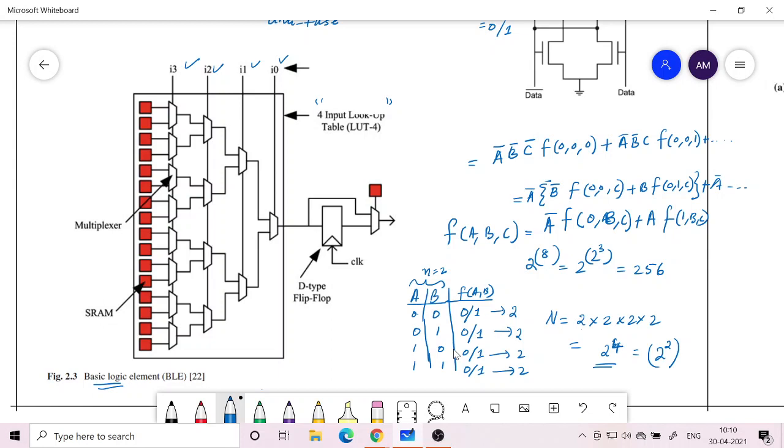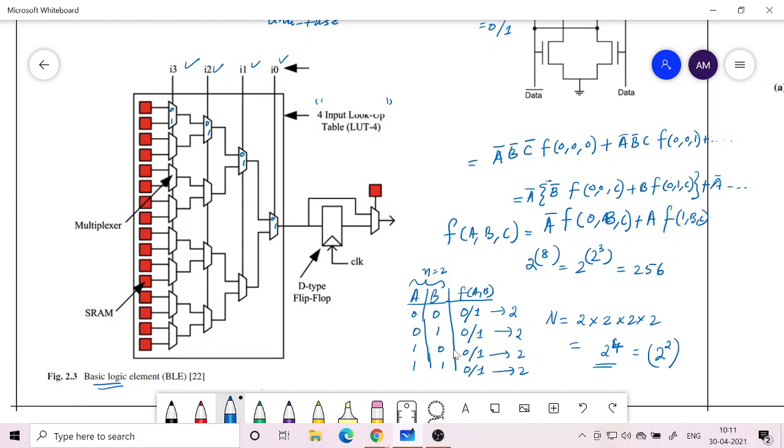When you put all 4 zeros, it could be 0 or it could be 1. If it is a 0, then suppose these are multiplexers 0 1 0 1 0 1 0 1. So this is 4 input. For I0 0, I1 0, I2 0, these are like the select inputs.